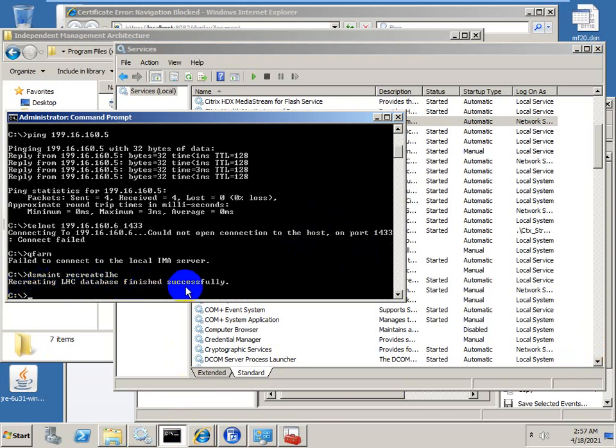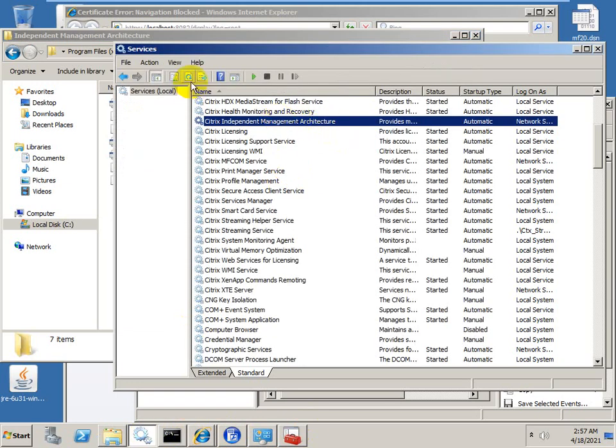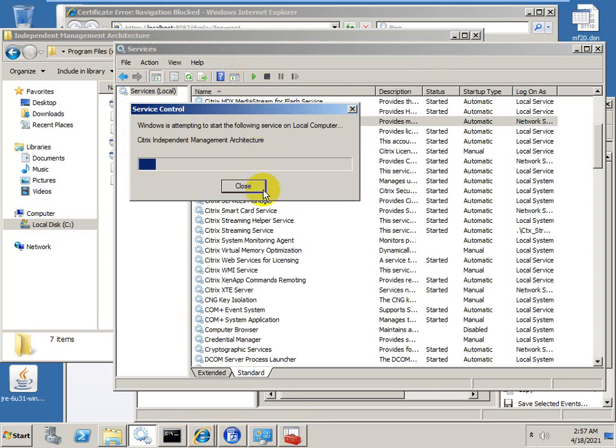Recreating LHC database finished successfully, and after that we can see IMA LHC.mdb is created today. Okay, now we'll restart it again.